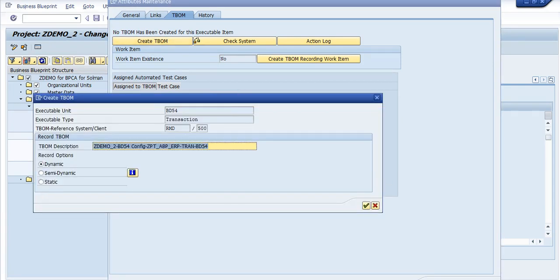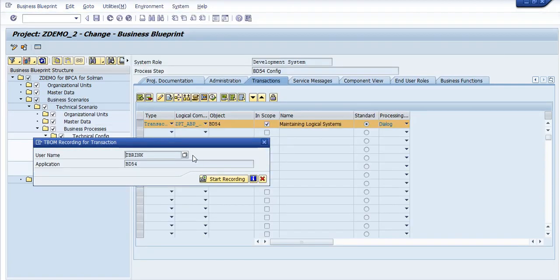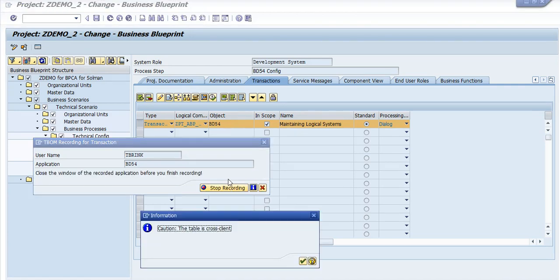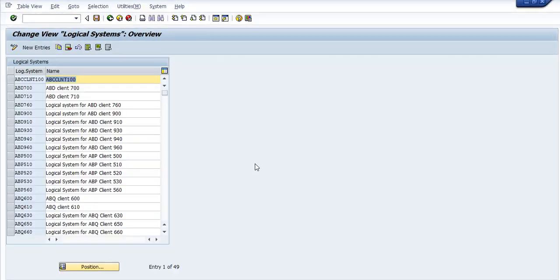So here it says TBOM description. I'm going to keep with the default name for now. And I say yes, please create it. Then it asks me to start the recording. So as soon as I say start recording, it opens BD54 for me. And in here, I can then, for instance, say,